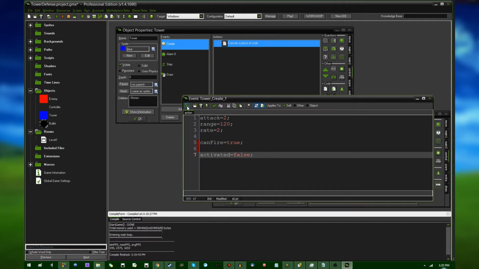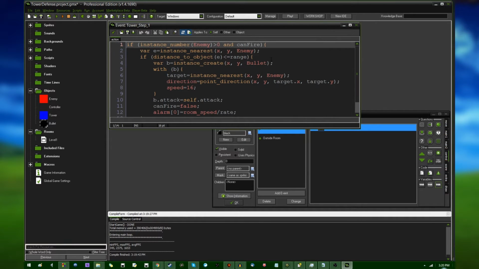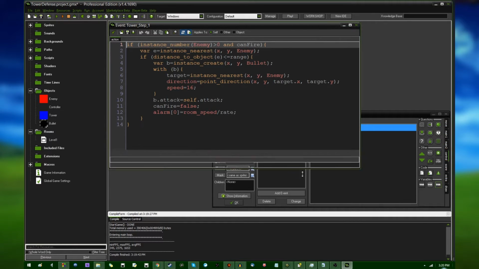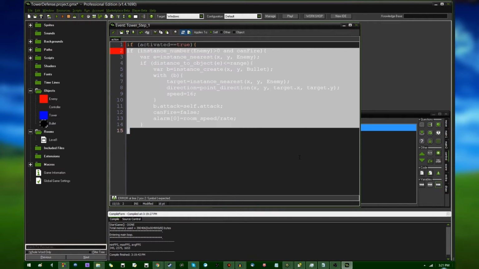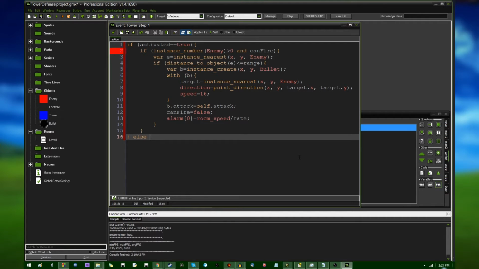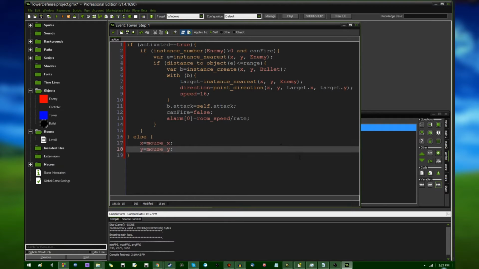as false. And in its step event, I'm going to extend this window a little bit because there's not a lot of space in it. If activated is true, then you're going to do all this, and let's indent that because I'm very obsessive about my indentation. And otherwise, if you're not activated, if you're still following the mouse cursor around, I'm going to do this, and, well, you're going to follow the mouse cursor